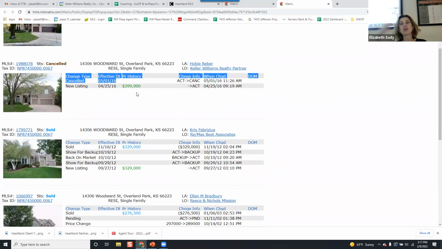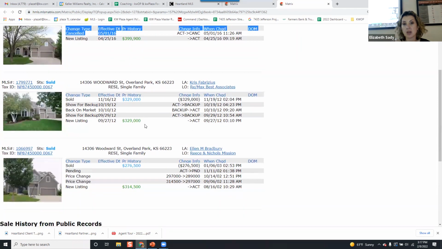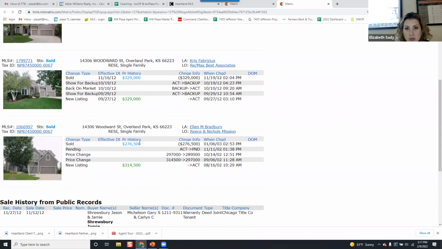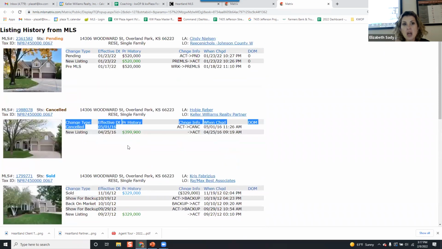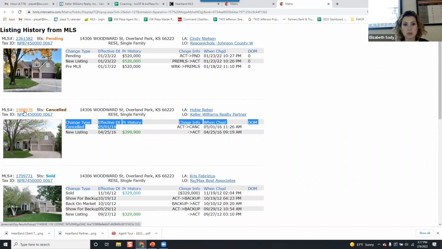Some of this data is going to be from the previous MLS, they just switched us over to a new MLS, so that's where some of the data looks a little bit wonky. But you can see the total history. In 2012, it sold for 329,000. In 2003, it sold for 276,000. You can click on these pictures, and if there are pictures still existing, then it should take you to